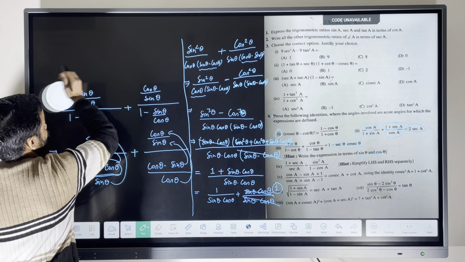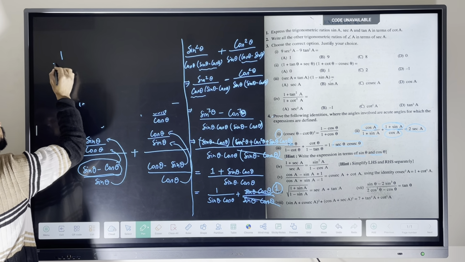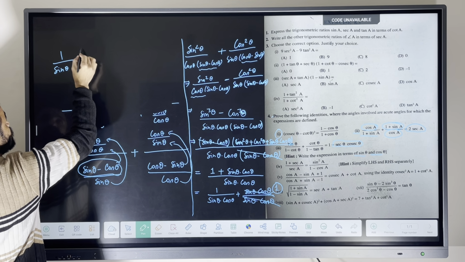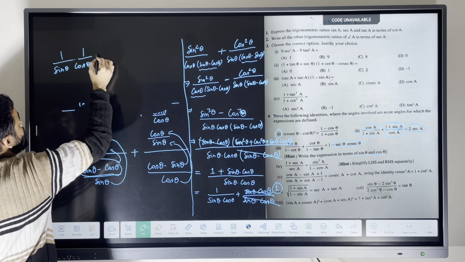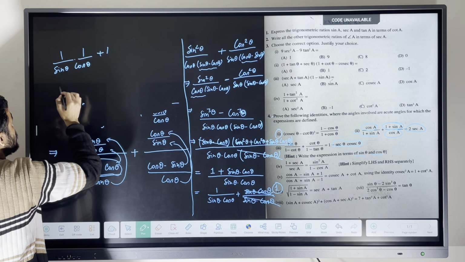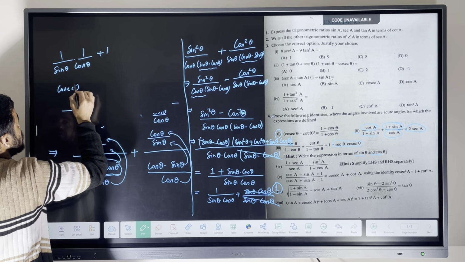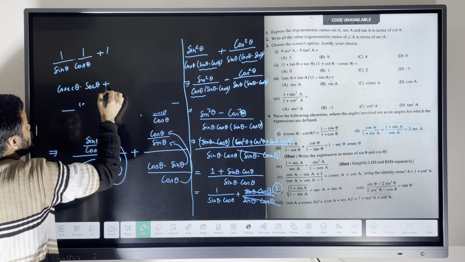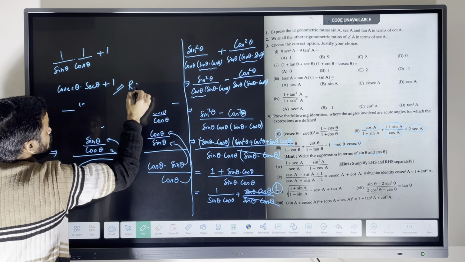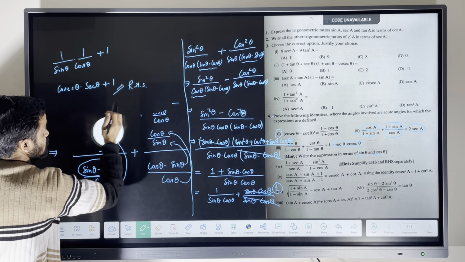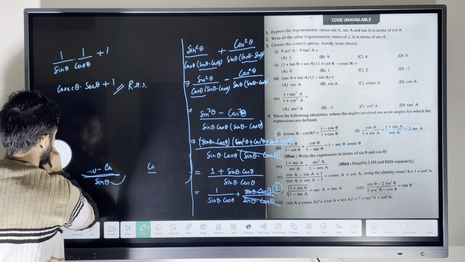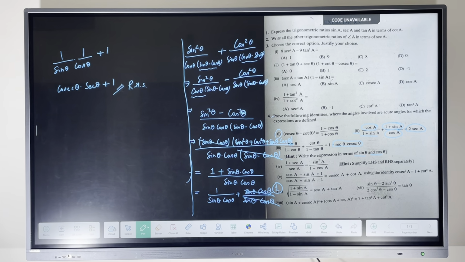So I am writing it here. We have 1 upon sin theta into 1 upon cos theta plus 1. 1 upon sin theta is cosec theta, 1 upon cos theta is sec theta. So it will be cosec theta into sec theta plus 1, and that is our right hand side. So now we have solved the third part of question number 4. Okay. So now moving forward,